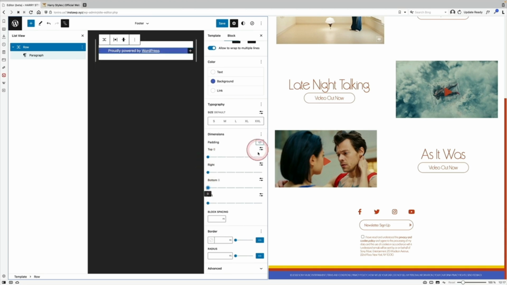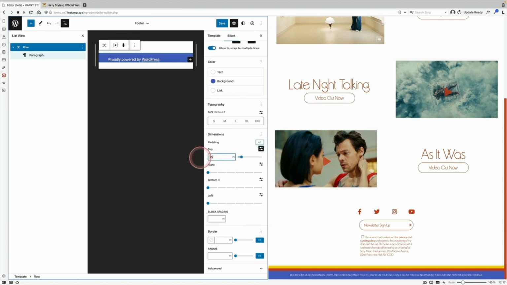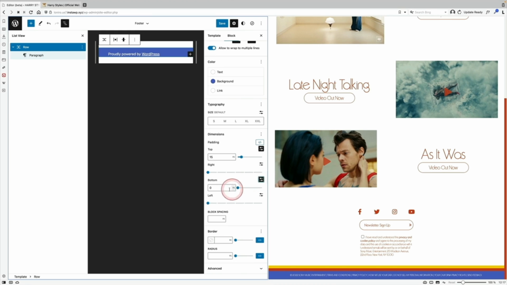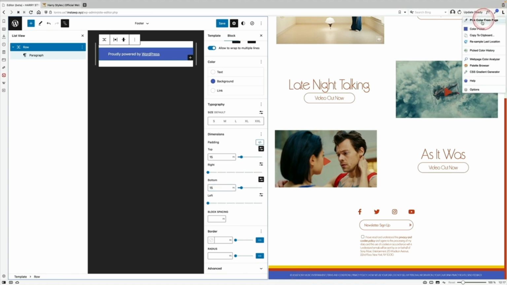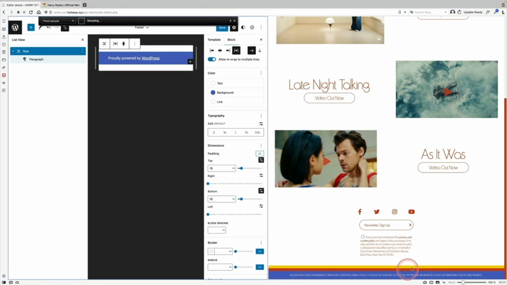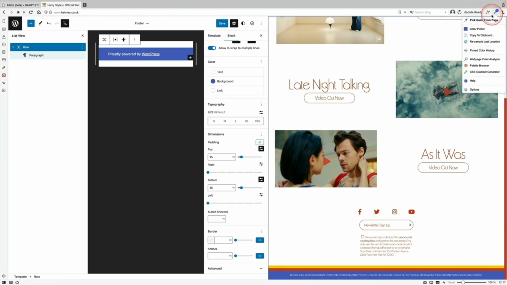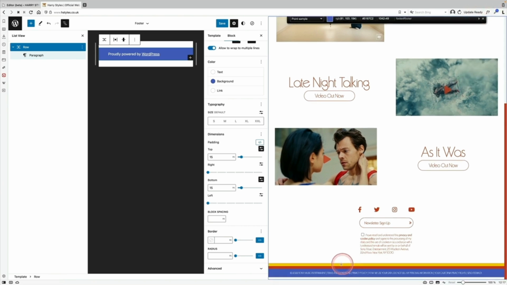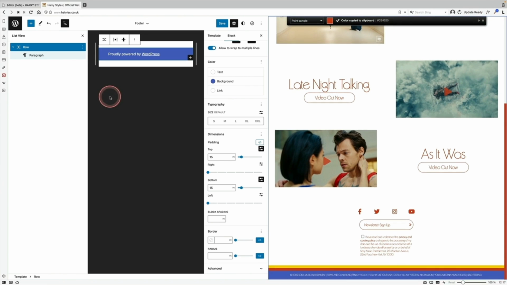So we probably want to add a little bit of padding. I probably want to be precise around this. I'm going to guess a little bit at this point. 15 to the top and 15 to the bottom. Now what I'm thinking, that looks pretty good, doesn't it? What I'm thinking is these down here, let's grab the color of one of these. We might be able to use the row block to actually add those in as well, which would be very